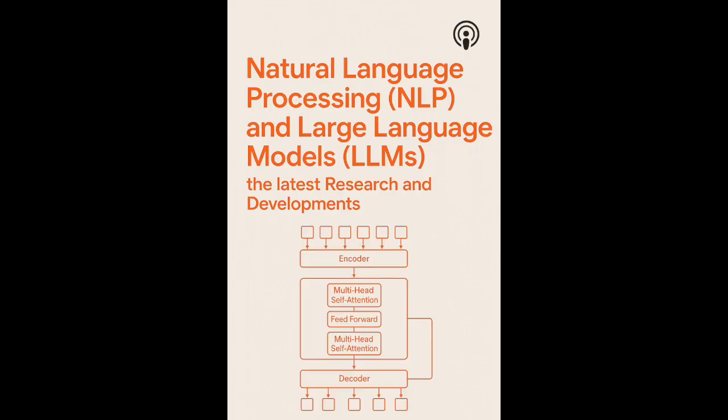Okay, so we've built these incredibly powerful transformer models. They can process huge amounts of context in parallel, learn complex relationships, but just training them to predict the next word on the internet doesn't automatically make them useful or safe, does it? Not at all. That's the core problem of alignment.